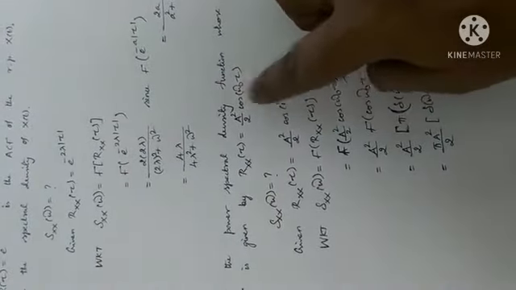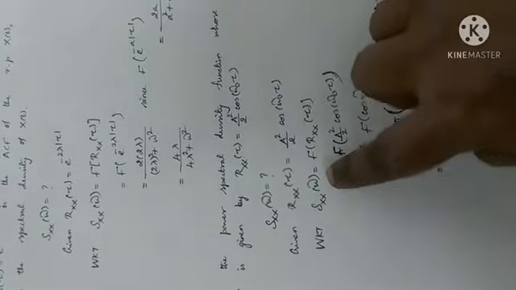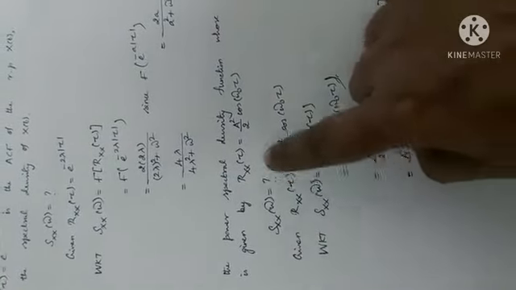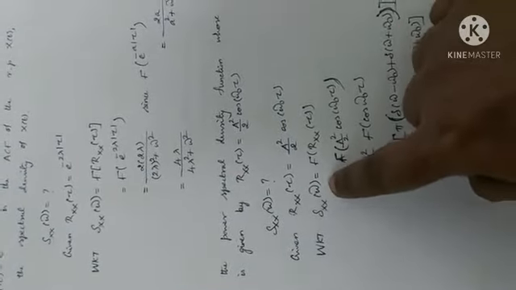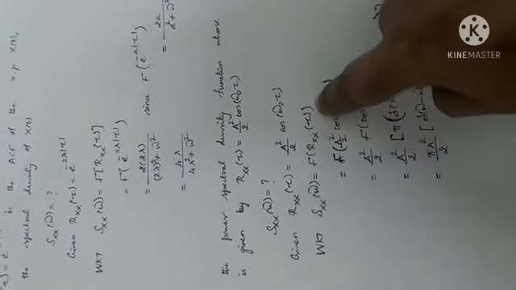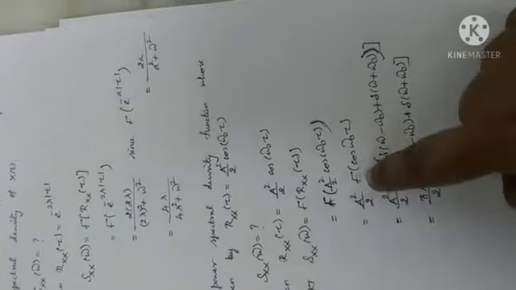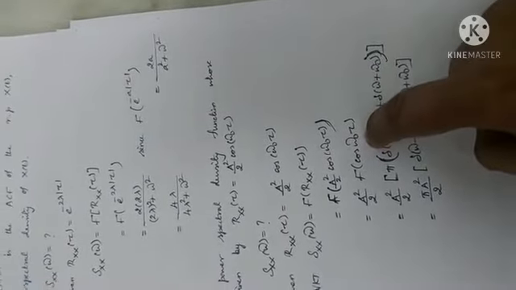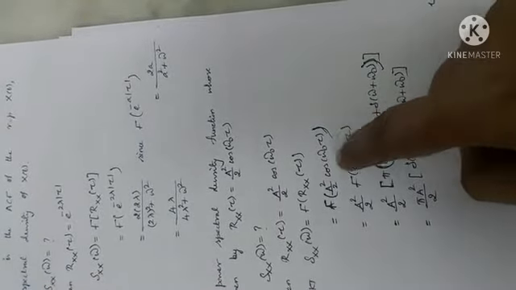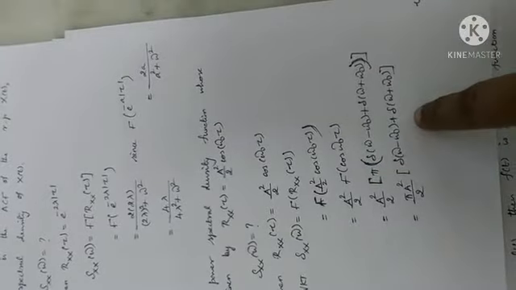See, second problem. Find the power spectral density. The autocorrelation function is given. Find Sxx of omega. The relationship between them is Sxx of omega is the Fourier transform of the autocorrelation function. We know the formula for the Fourier transform of cos omega tau, so we need not go for integration. We can directly write the formula, which completes the problem. We should know this formula, okay?